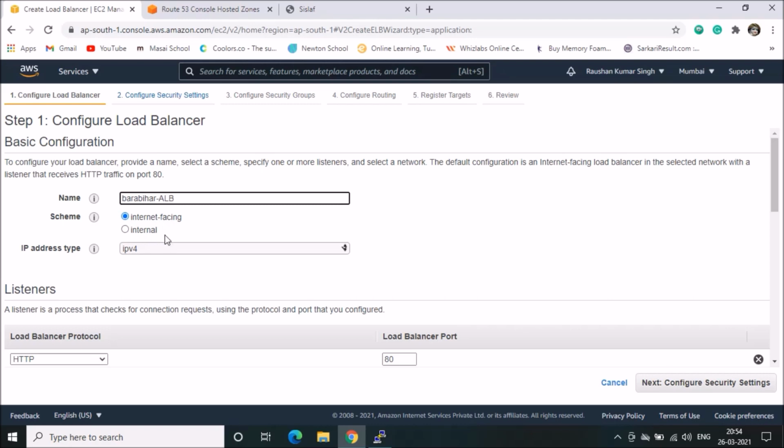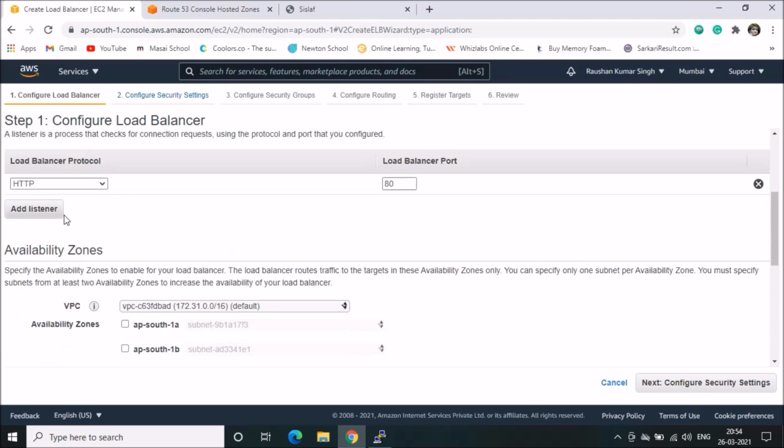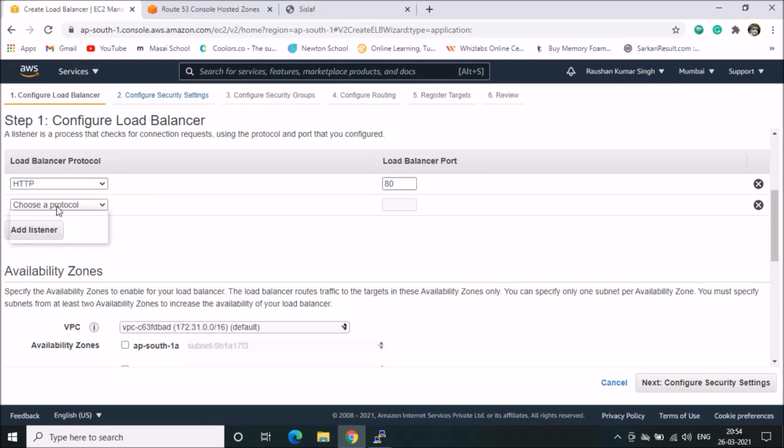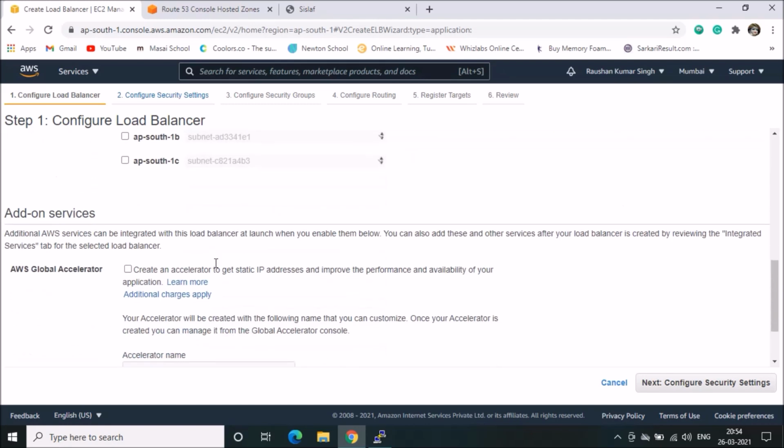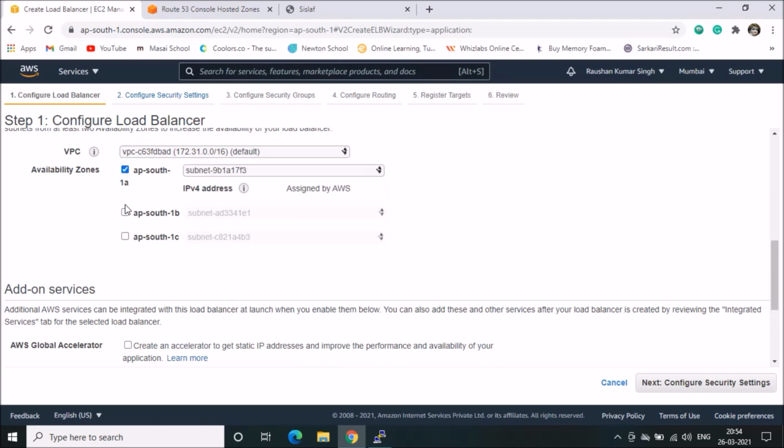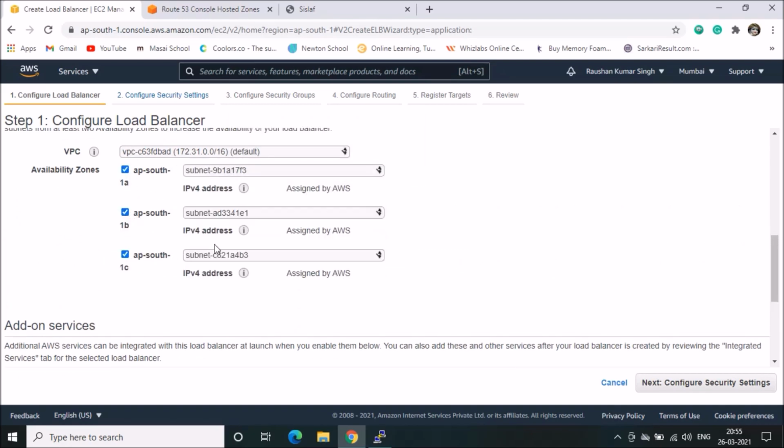Intranet means it will not be accessible from the internet. So here add the HTTPS listener also. Then select all the availability zones, at least 2.